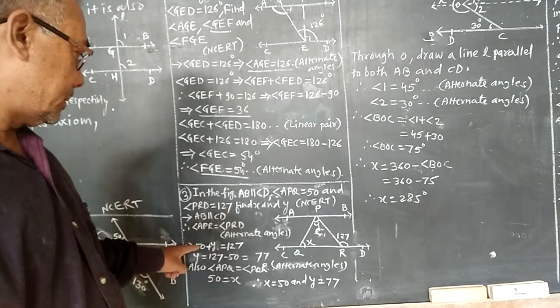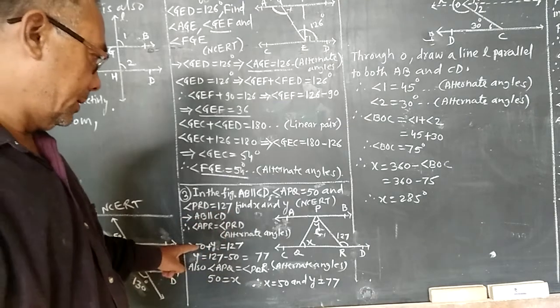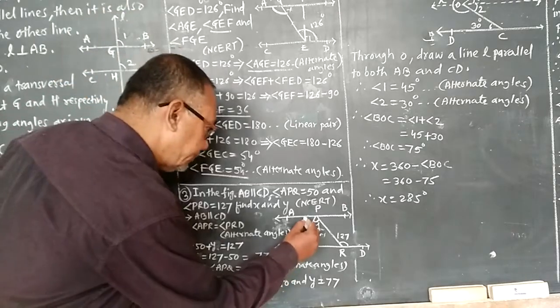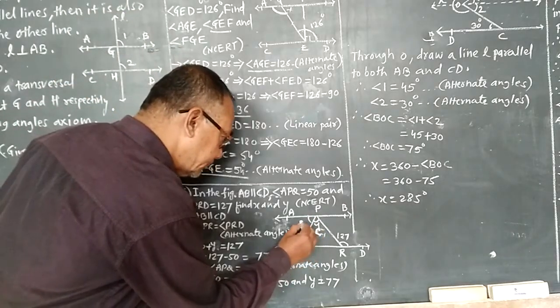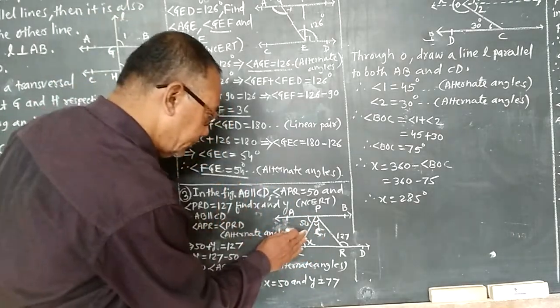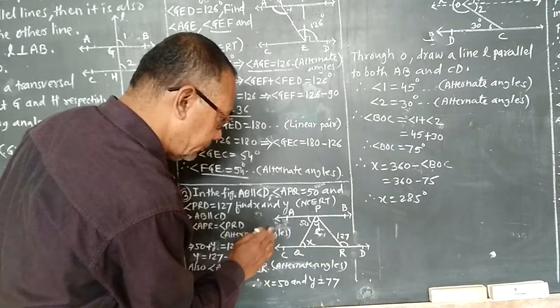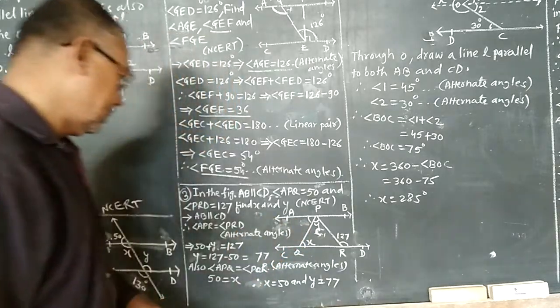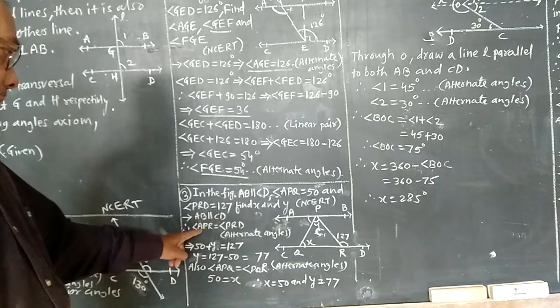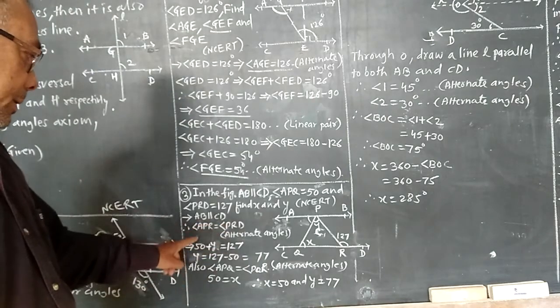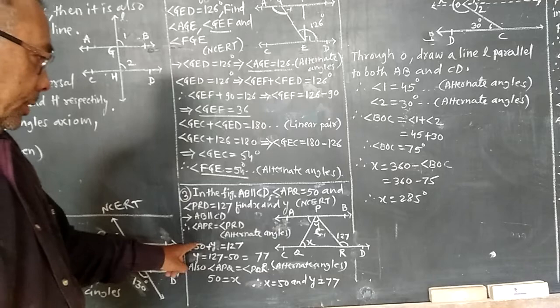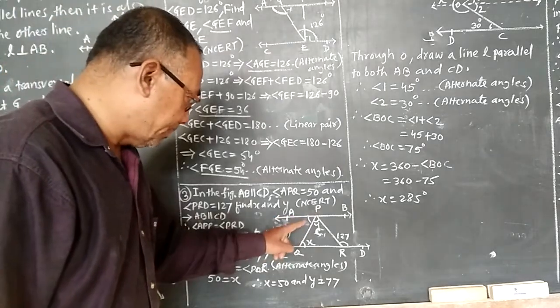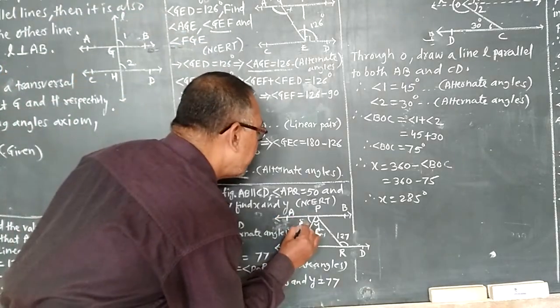Now APR is given 50 degrees. APR is equal to PRD. Here APR means we can write here APR is equal to 50, because this is given